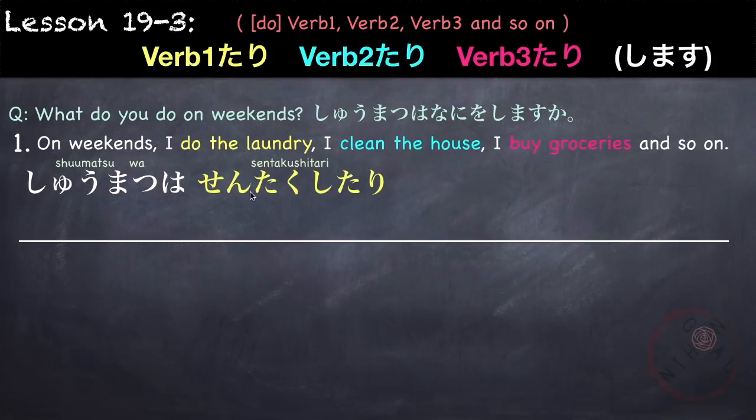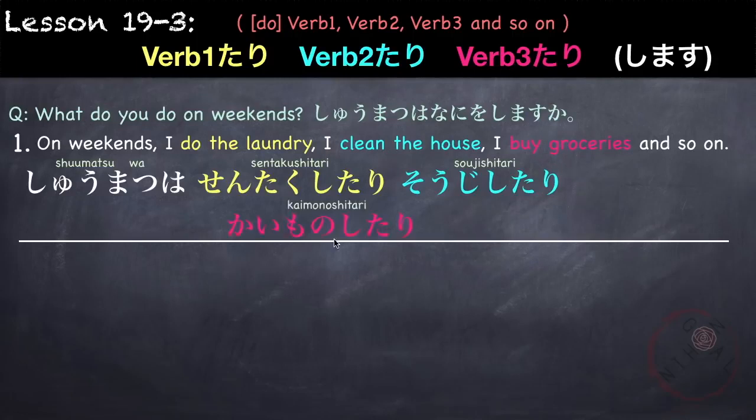So here, sentaku shimasu becomes sentaku shitari. Verb 2 is clean the house, which is soji shitari. And our verb 3 is buy groceries or go shopping, which is kaimono shitari,